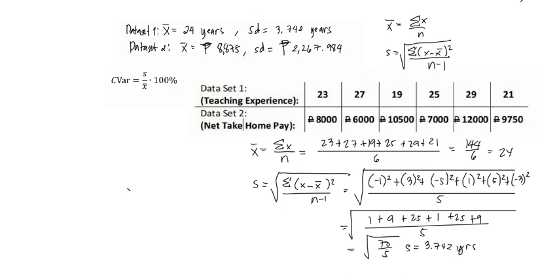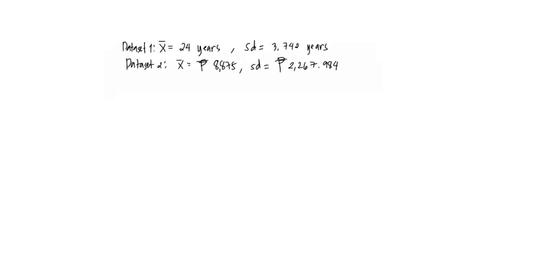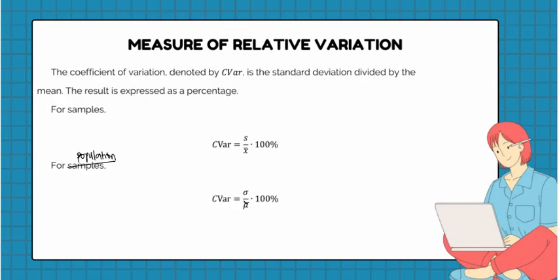So as you can see, yun yung arrive natin. Ganun mag-calculate ng ating standard deviation tsaka yung ating mean. You do the same thing for data set 2, and then you would arrive with the same mean and the same standard deviation. So going back now with our data set, presuming na ibinigay na yung ating mga calculated values, we just have to